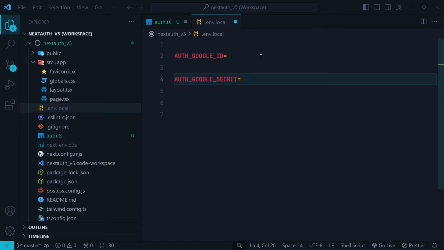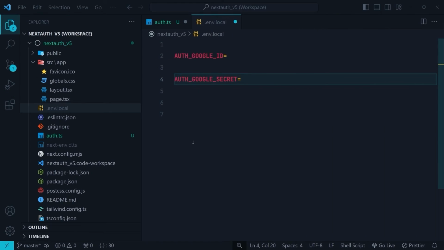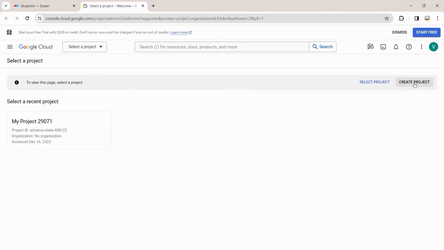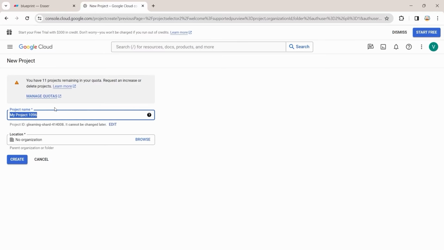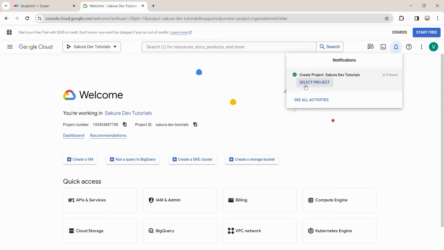Okay, now we need to go to the Google API console and create a project, and from the project get the value of the Google ID and Google secret. So I go to the Google API console. Here I'm going to click on create project. We need to name the project, so I name it Sakura Dev Tutorial, and then click on create and wait for the project to be created, and then click on select project here,